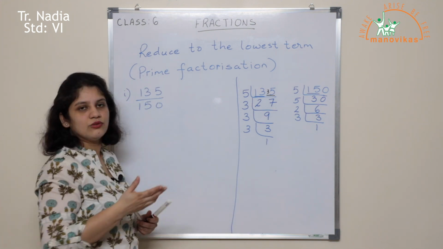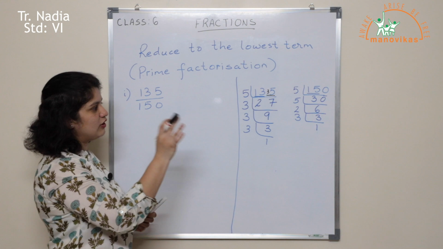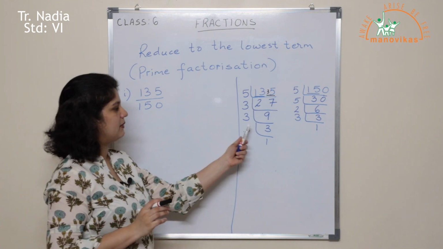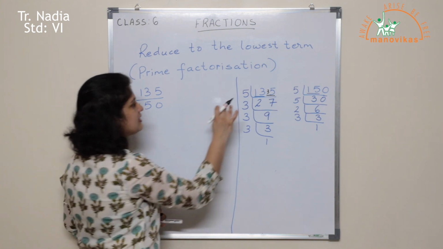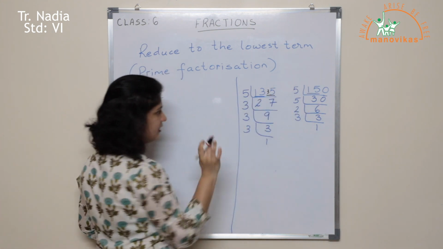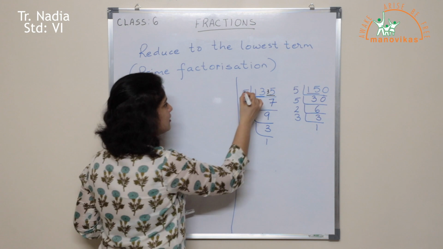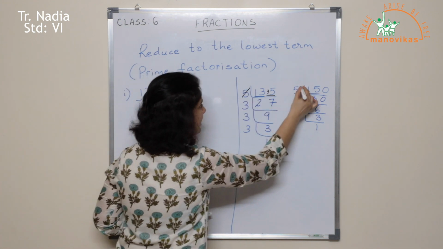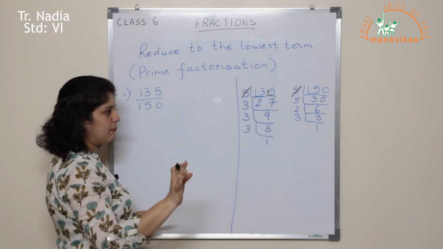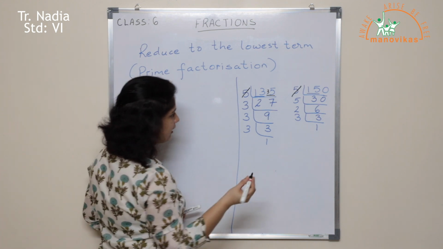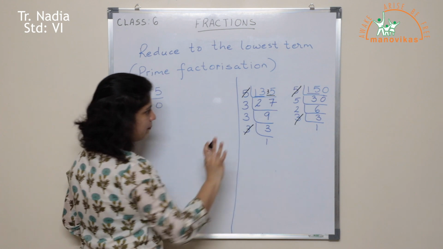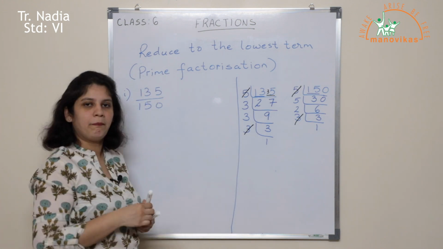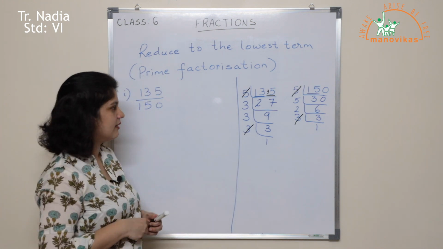Now, next, what do we need to do? Now, we have to look for things which are common between this and cancel them off. Now, there is a 5 here and there is a 5 here. I have got one pair. So, I will cancel this 5 and I will cancel this 5. So, one pair is out. Let's see if I can make some more pairs. This 3 and this 3. Another pair is out. So once your pairs are out, see what is remaining.